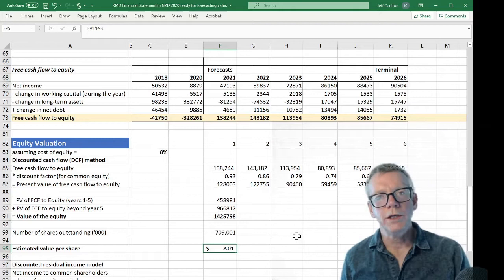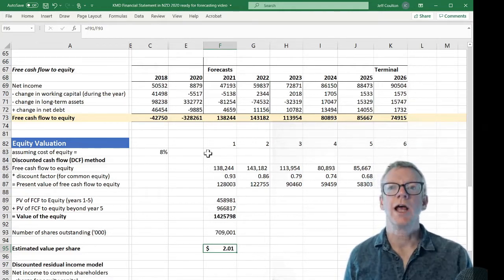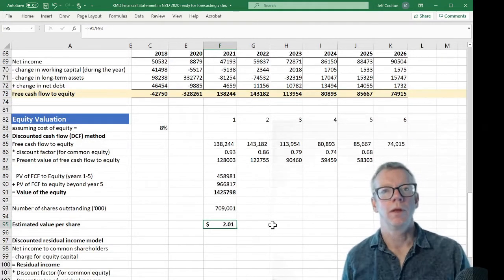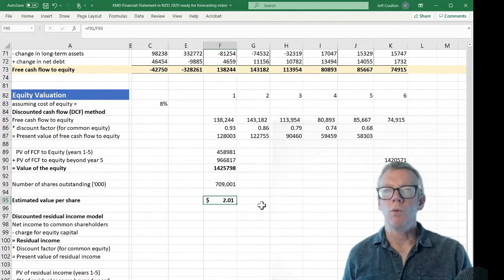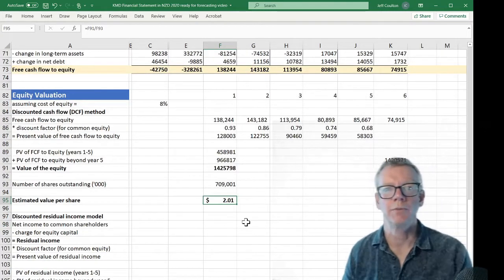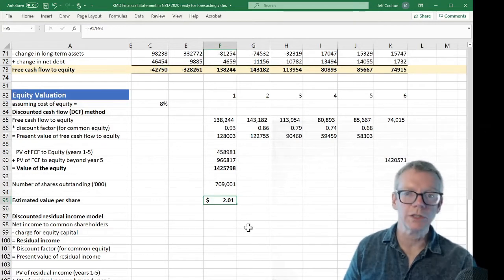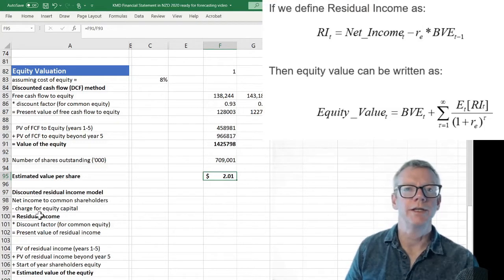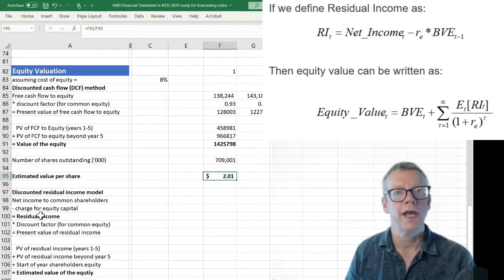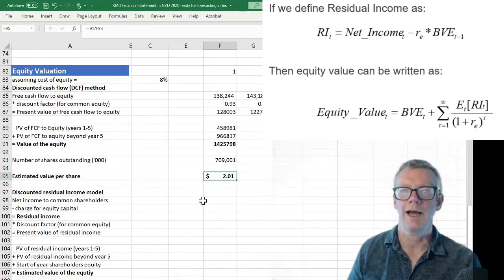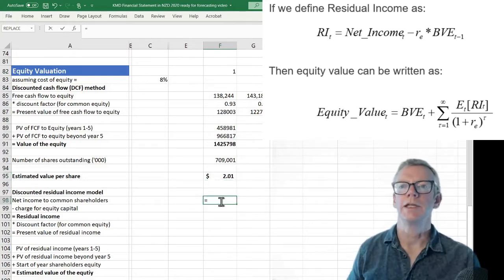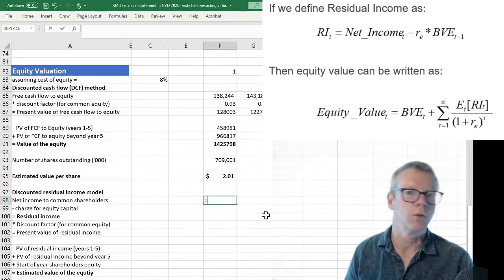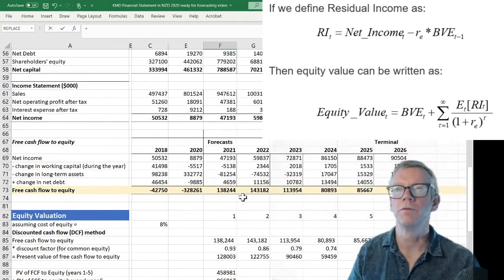Now, we can use the same set of forecast and the same starting point for our residual income or abnormal earnings-based model. And what we are hoping to see is that it will give us the same resulting end value. Let's see how this works. The residual income model says we'll start off by calculating this idea of residual income, taking into account the charge for equity capital. So residual income is actual income less the required capital or the equity charge or capital charge. So net income we've previously calculated,